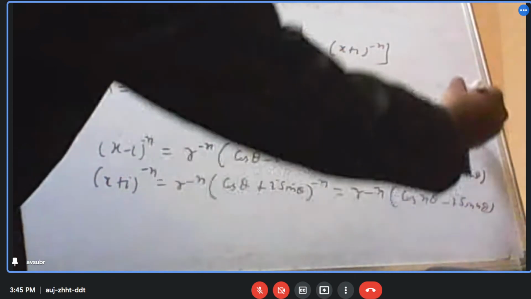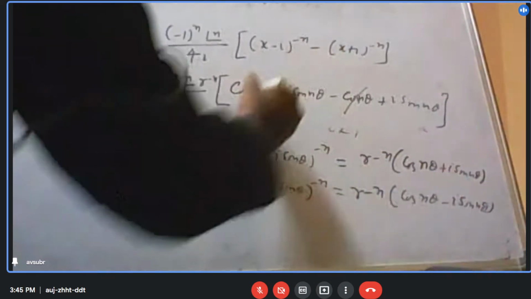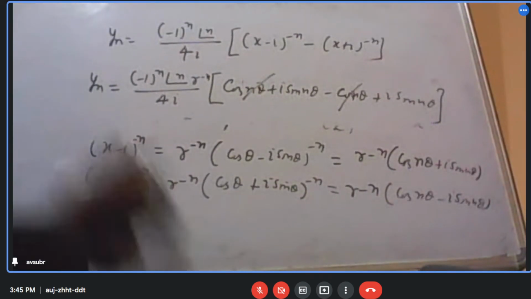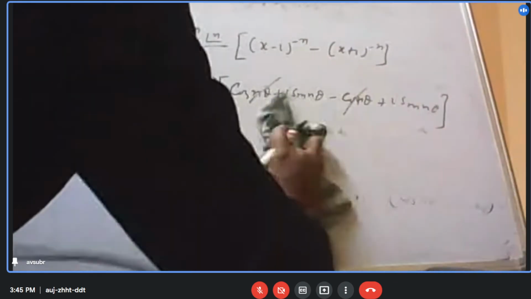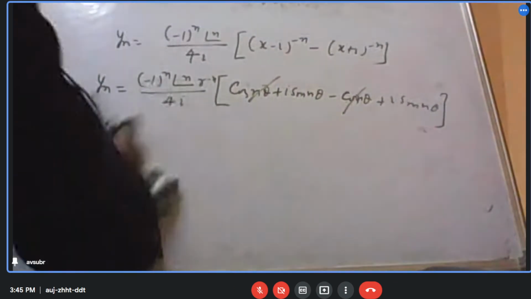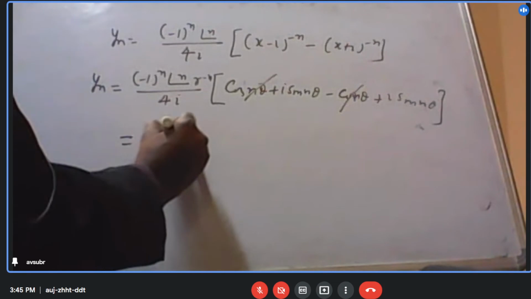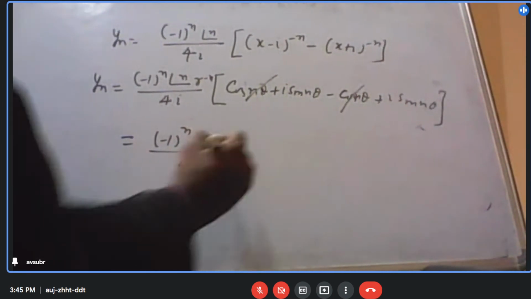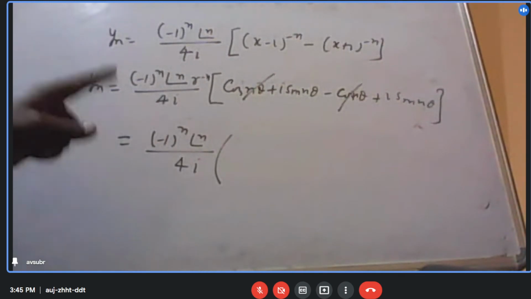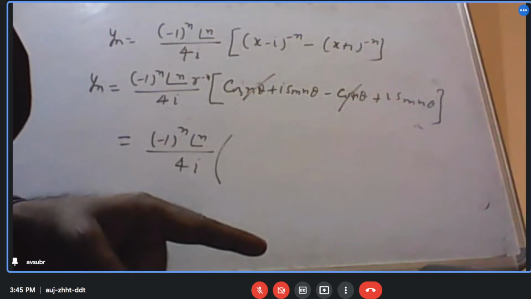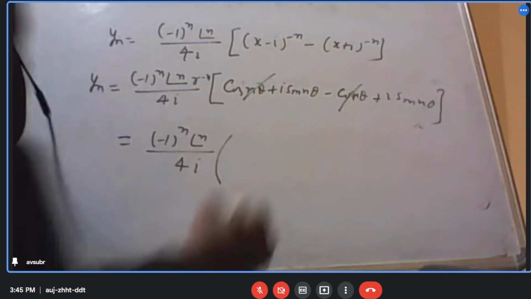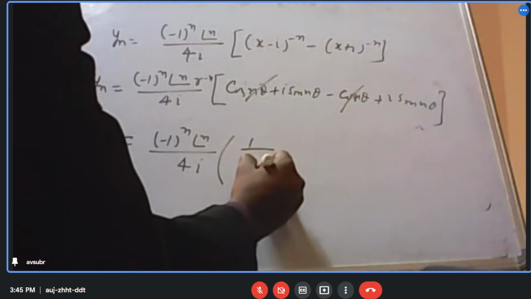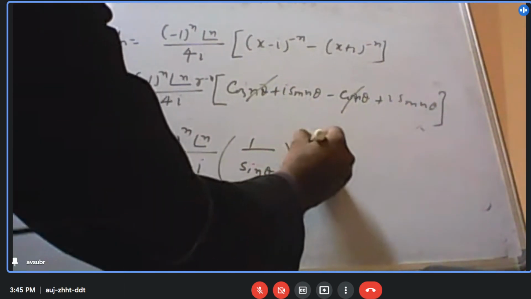Sorry, cos n theta. So this cos n theta will cancel out and we are left with (-1)^n factorial n by 4i, and this r sin theta is equal to 1. So r is equal to 1 by sin theta